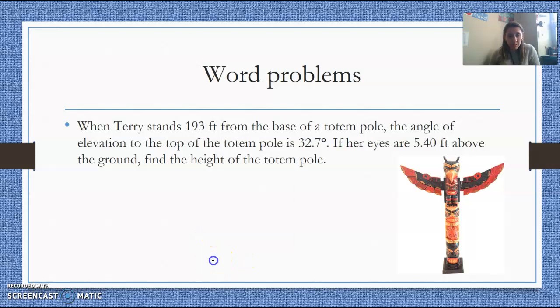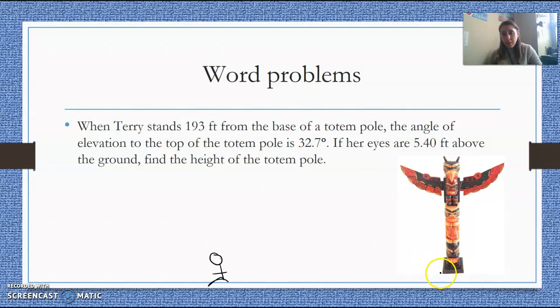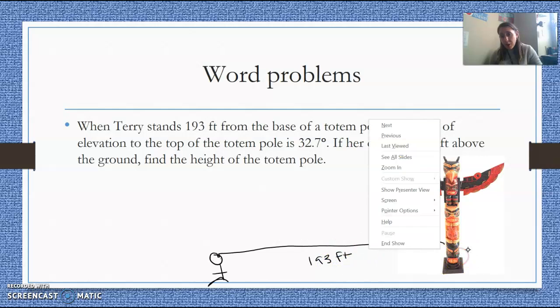Okay, so when Terry stands right here, we're going to draw there's Terry, her eyes. Okay, I didn't draw very well, but her eye level, her eyes are 5.4, so we'll do this. Those were her eyeballs, okay? That's a straight line. This is 193 feet away from here,